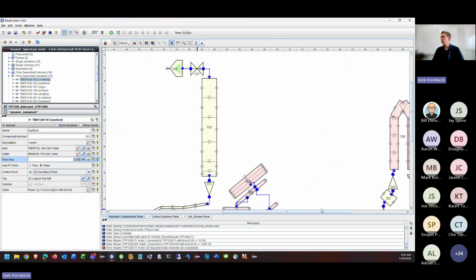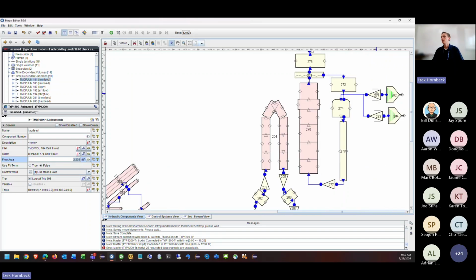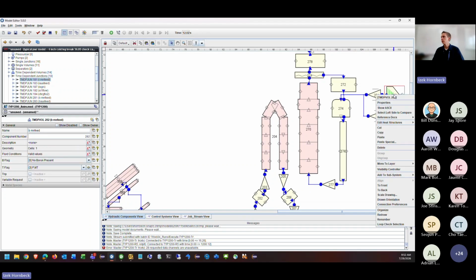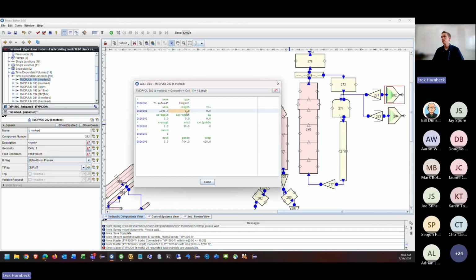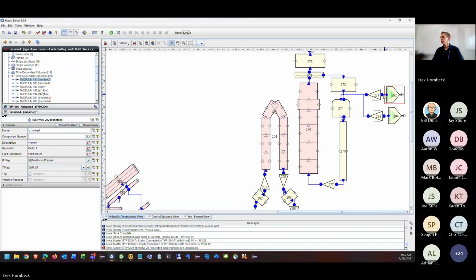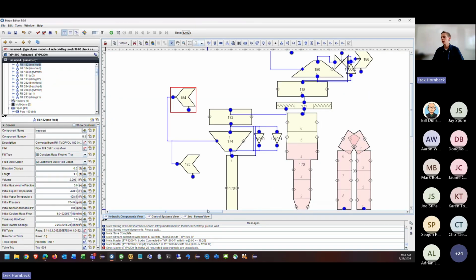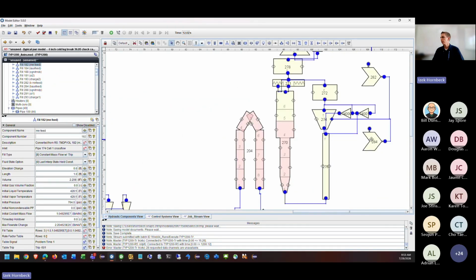Then we'll do the same thing on this side. This one has a flow area of 0.736. And then if we look at this one's ASCII here, it still has a length of 1 and an area of 1000. So if we look at trace on the other loop side, 282, we have right here this volume of 1000. And so we see that that one is also miscalculated, and it should be,